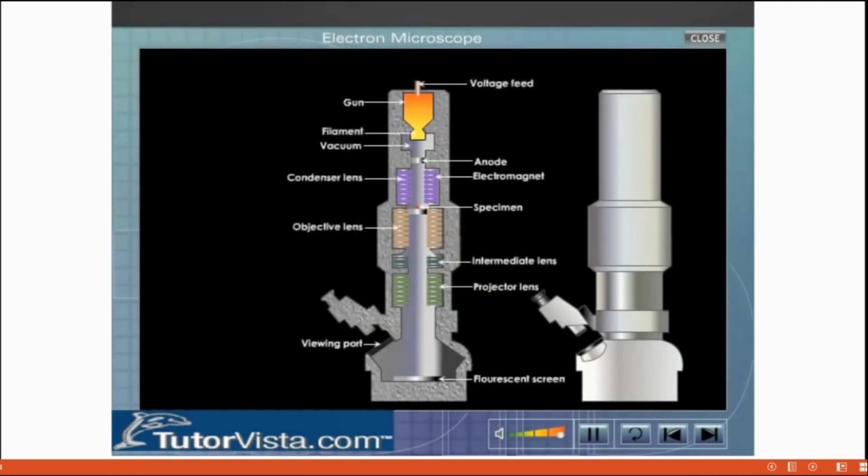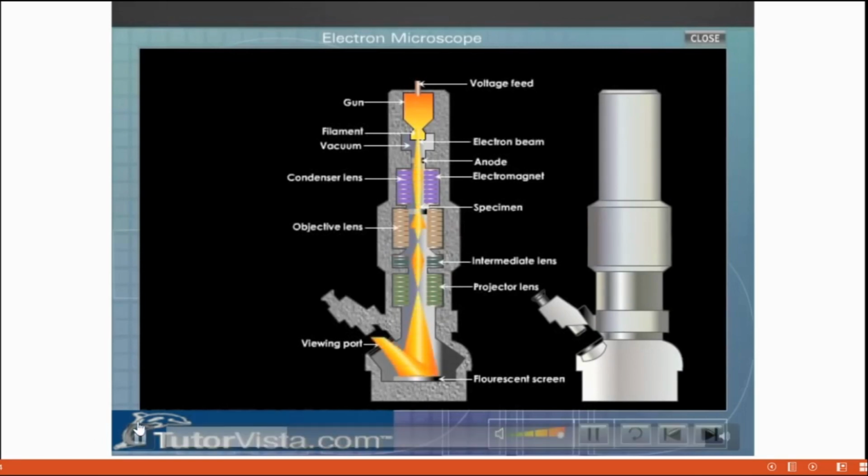Electron microscopes function exactly as their optical counterparts, except that they use a beam of electrons instead of light to view the specimen and gain information about its structure and composition. Here we can see that as the electron beam falls here, it gets reflected, and this final image can be viewed through a camera or a computer, or sometimes on a fluorescence screen itself.